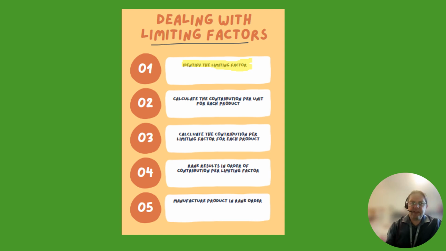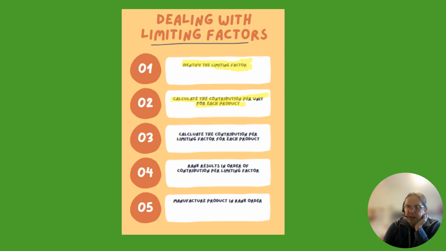Once you know the limiting factor, the next thing we're going to be needing to look for is the CPU, or the contribution per unit for each product. So let's just be very clear, the contribution per unit is the selling price less any variable costs to produce that item. So don't take away any fixed costs. What we're looking at is the contribution that each product makes towards those fixed costs. So we go selling price, take away variable costs, and then we've got a contribution per unit for each of the individual products. However,